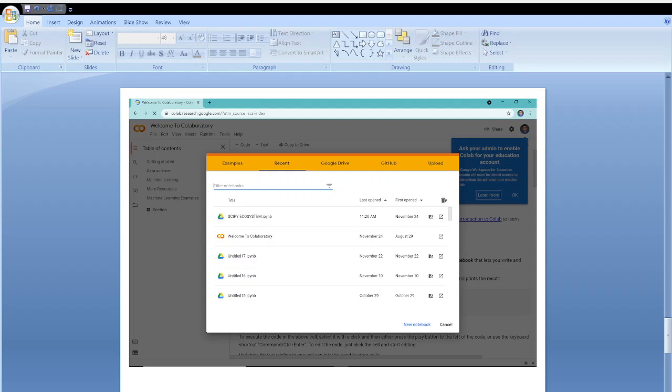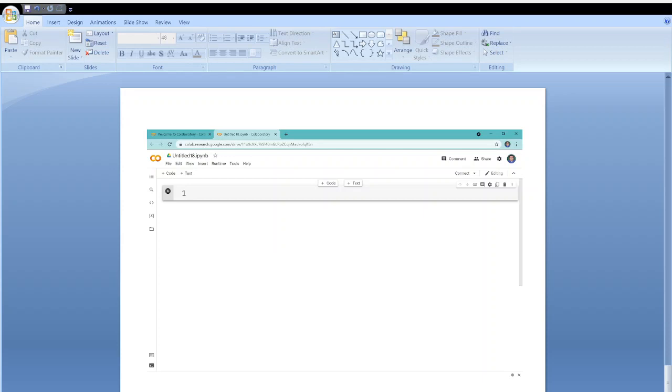Now you are only one step behind the programming. So you simply click onto the new notebook, and if you don't want to do this, simply cancel it. Go to file here, and then in the file you will have another option, that is go to new notebook, and you will be able to see this notebook. So this is the notebook from where you can start coding. So if you don't want to install anything on your PC, you can do it on the cloud.